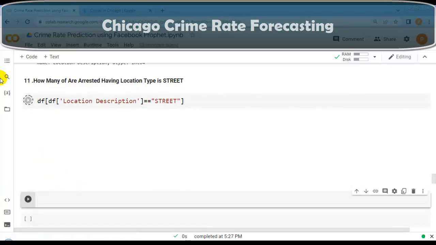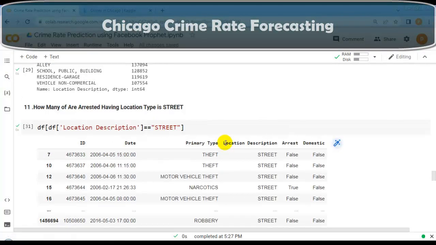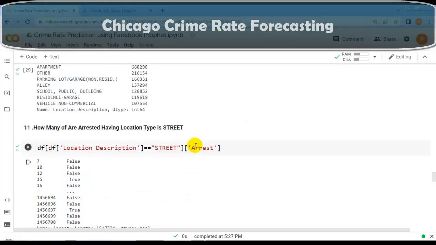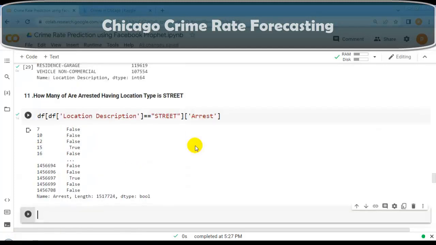Let me execute this cell. As you can see here, location description is street, and we are interested in this arrested column. So let me copy this and paste it over here. Let me execute this cell. As you can see here, the output is Boolean values. As per our question, we have to find how many are arrested having location type is street.